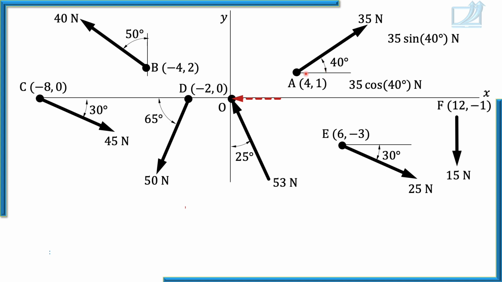So tell me, in terms of positive, negative, not rightwards, leftwards, use these words now, positive, negative, and tell me the x component of the 35 Newton force, positive or negative? Positive. The x component of the 40 Newton force is negative. The x component of the 45 Newton force is positive. Rightwards, so we say positive. This leftwards means negative. It's rightwards, positive. And neither rightwards nor leftwards, so that means this force has no x component.